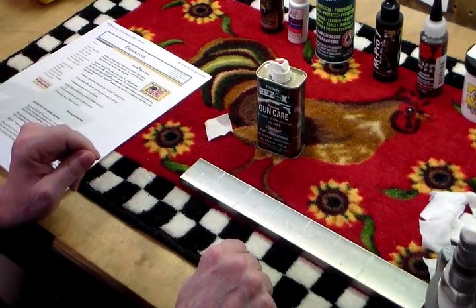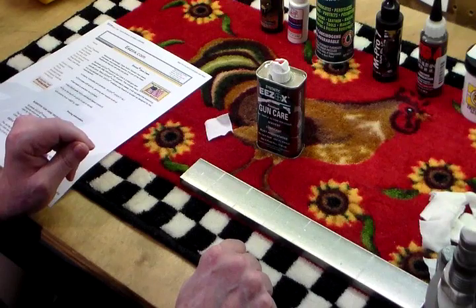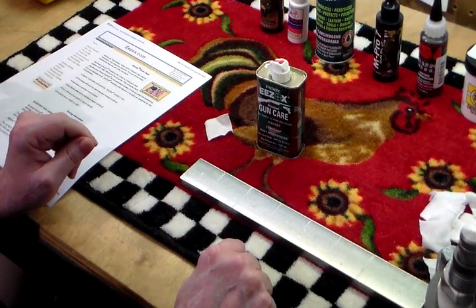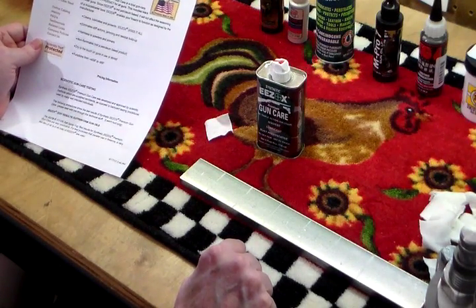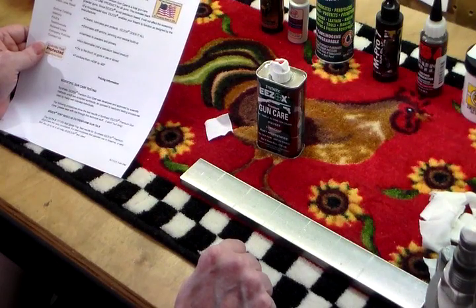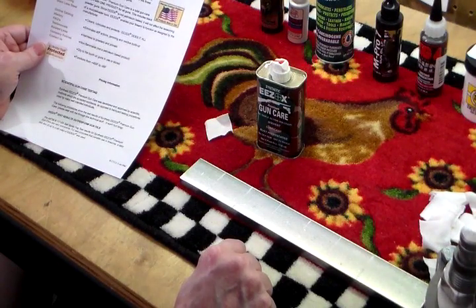A really good thing about Ezox is that it will not affect your primers or your powder. Some gun cleaners and lubricants, most infamously WD-40, will kill your powder and your primer. This will not. It cleans, lubricates and protects. It is harmless to powders and primers. It's non-flammable because it's not a petroleum-based product. It dries to the touch on guns in use or stored, and it functions from plus 450 degrees Fahrenheit to